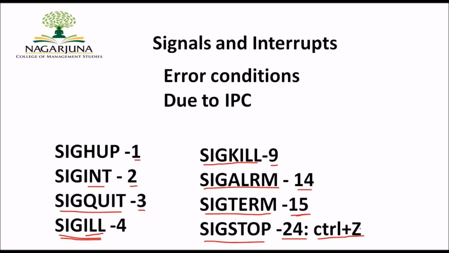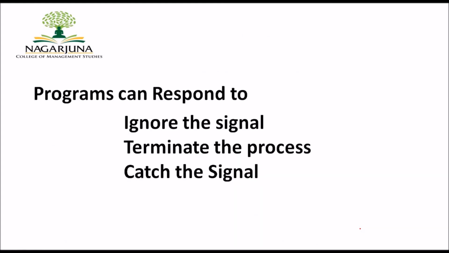So when it comes to your programs, during execution they will respond to some of the signals in three scenarios. Whenever I run a program, say a C program, it responds to a signal in these different ways. One is, the program responds when the signal is being ignored. What happens in this scenario is that the program will never be informed of the signal, no matter how many times the signal has occurred.